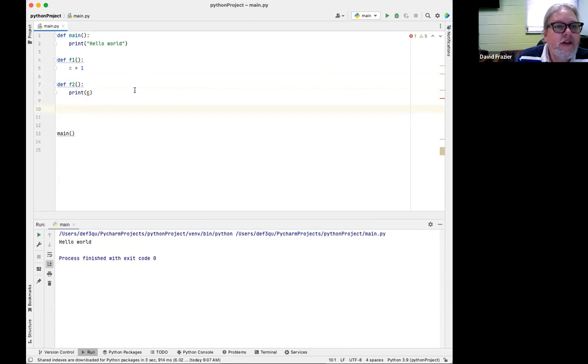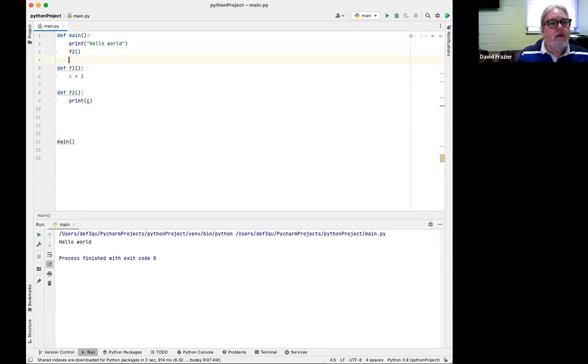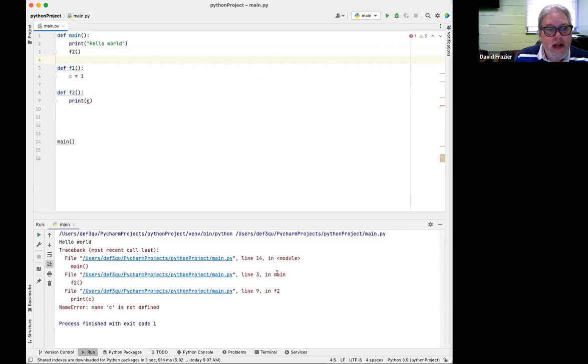If I'm not calling it, it may not catch it, but if I were to call f2 up here, it's going to give me an error: c is not defined. So we can't assume that because it's in one, it's going to be in the other.